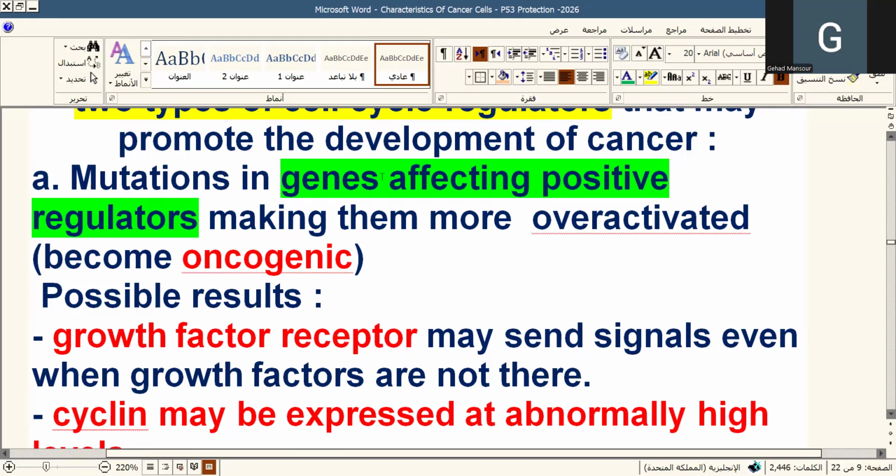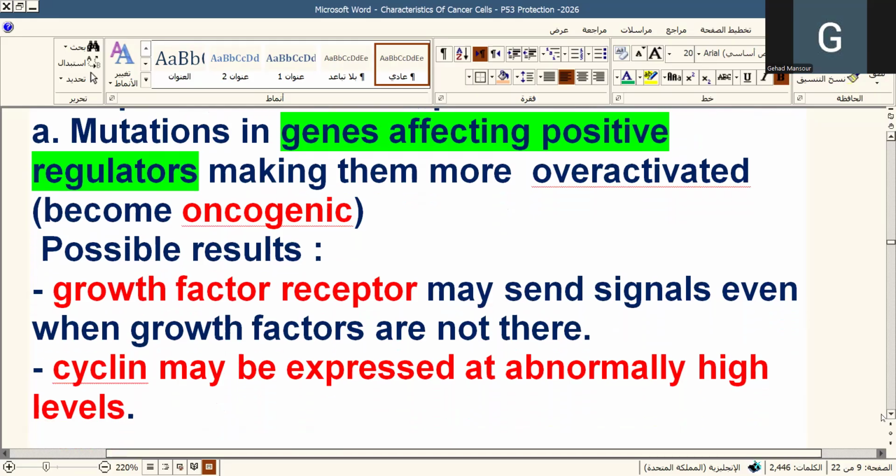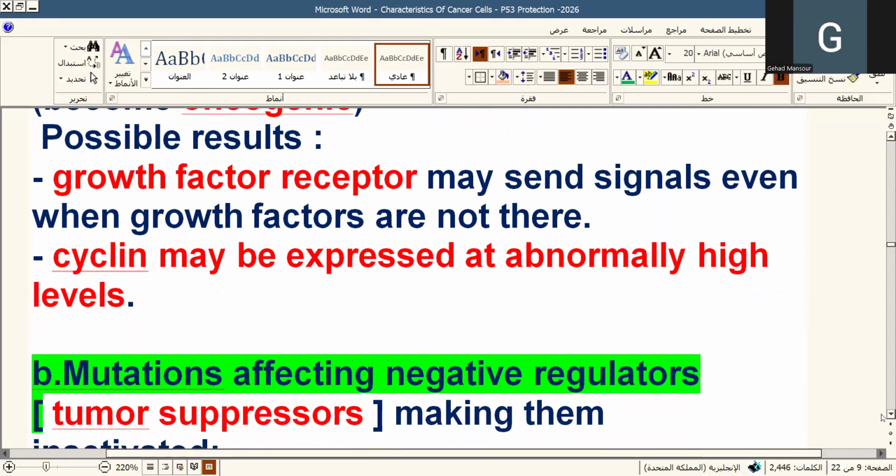And those genes are therefore considered oncogenes or oncogenic because they will result in a rapid, uncontrollable cell division. The effect of the overactivation and overexpression of the positive regulators is very important. And we have here two examples of positive regulators whose genes become overactive and become oncogenic, because when you have the gene that codes for the growth factor receptor,